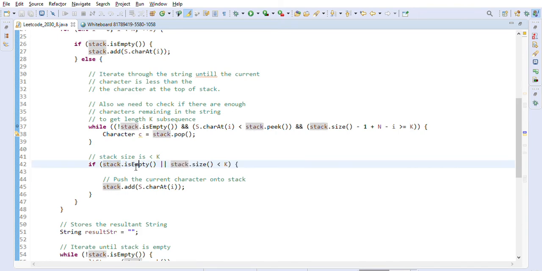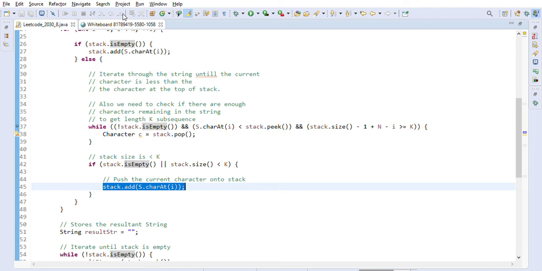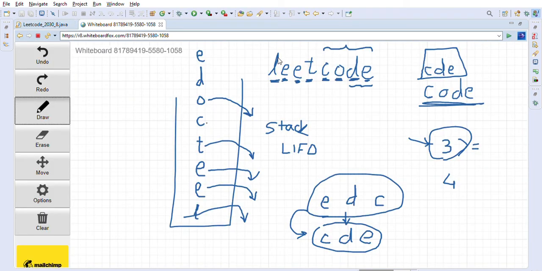In that case we have the ability to push the character onto the stack, because we can always push while it is less than k. And if the stack is empty, we push the current character. For example, if we see the first character L, we will push it.